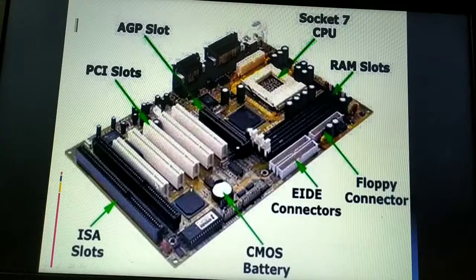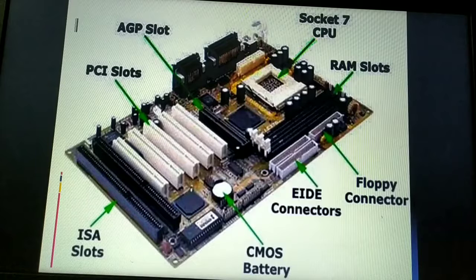Now this is a slot, this is a slot. These are the slots that are placed on the printed circuit board, that is, onto the motherboard. And usually all these slots are commonly called expansion slots.